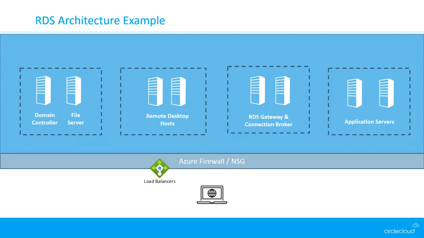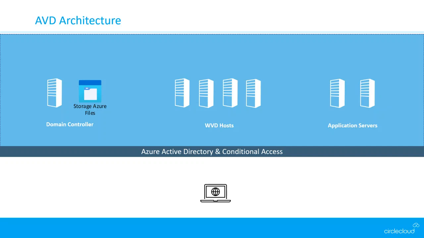So yeah, it just becomes a little bit more complex and insecure ultimately in some respect, because you are going to have to open your environment up in some way, shape or form. So that's the overview of a typical RDS architecture. And then on the next slide, we're just going to look at how an Azure Virtual Desktop architecture would look at a very high level,